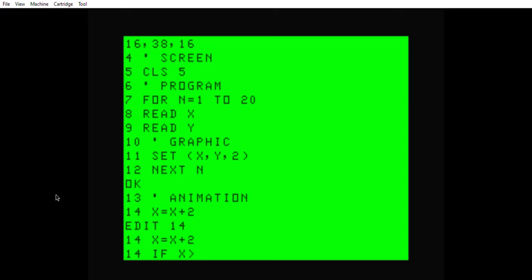Now I just broke a calculator the other day, so I'm going to use my graphing calculator to figure out what 38 times 2 is, and that's 76, so we can't go that far. I could move it over maybe 10 spaces, no more than that. If x is greater than 48,